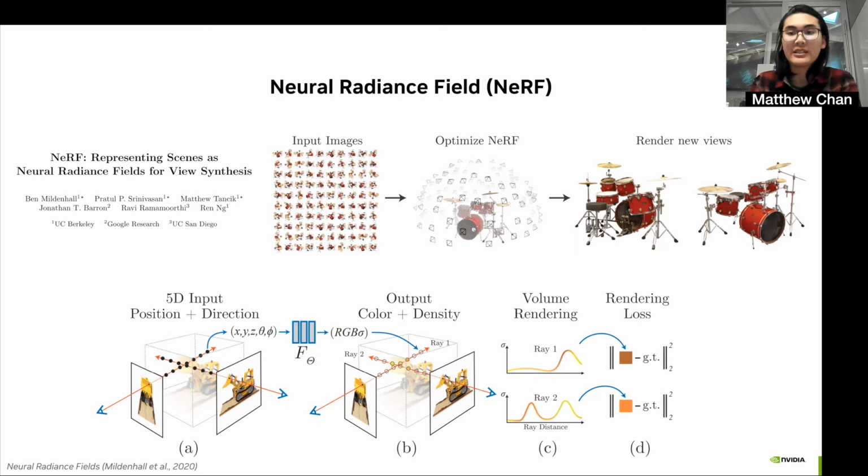And NeRF is a formulation for a neural volumetric representation in which an MLP learns the 5-dimensional function that maps from a position in space and an incident ray direction to a volumetric density and a view-dependent RGB. Then to render from such a representation, it's quite simple. We can just trace rays through the space and composite the final color via volumetric ray marching. Though to do so often requires as many as 100 to 200 samples per ray.